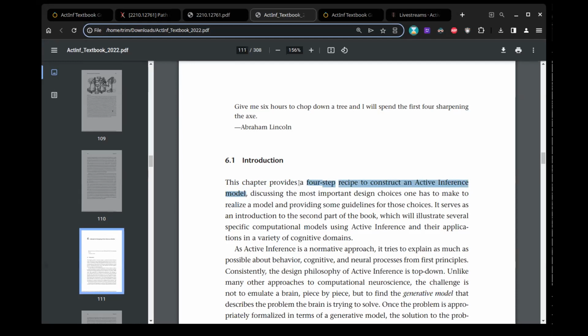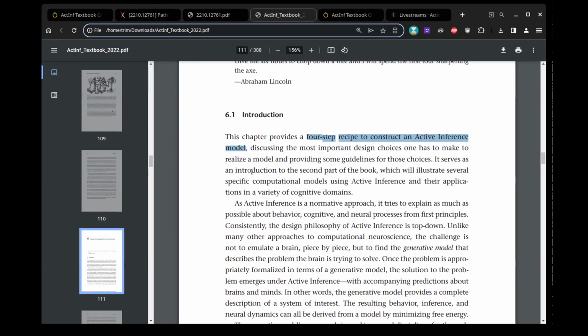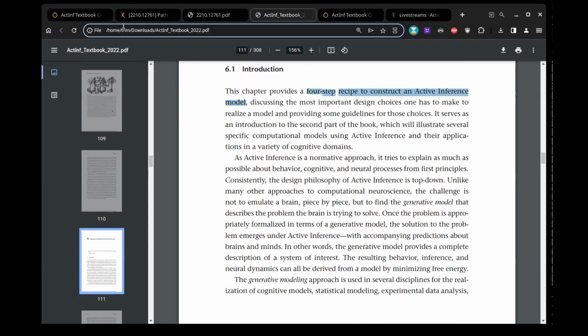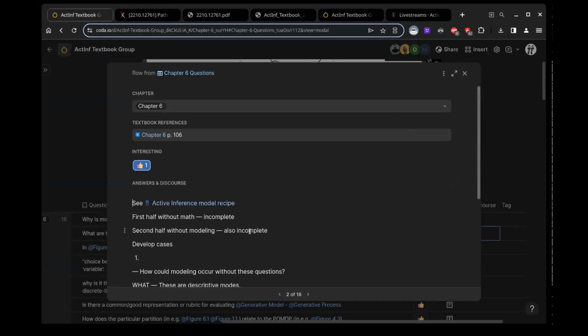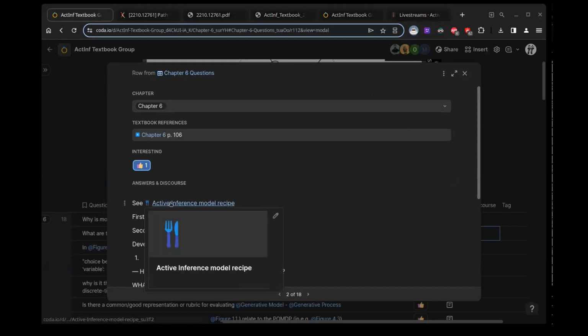Now, it doesn't have to be strictly linearly followed. They're more like 4 considerations or 4 areas of questioning, more so than like you must take on 1, 2, 3, 4 in this order. But let's look at the active inference model recipe.